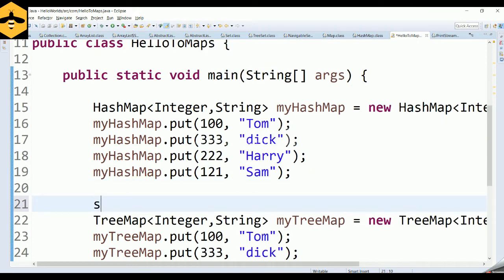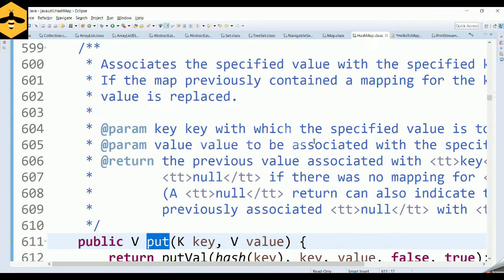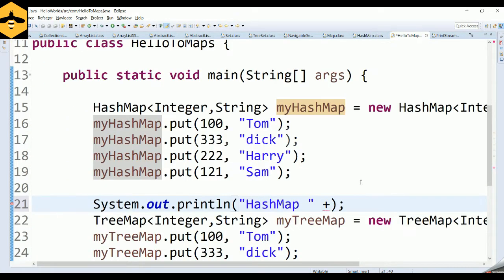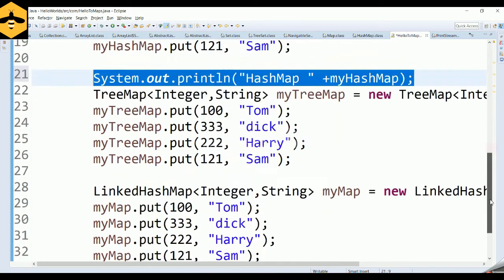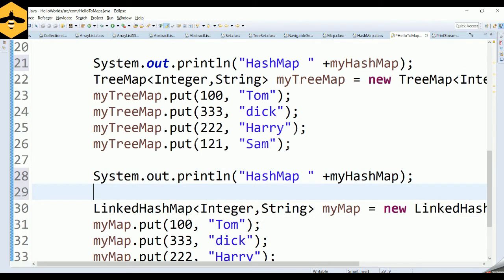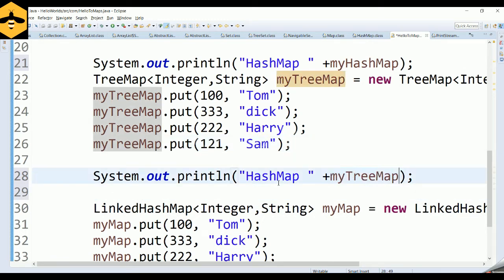First I'm going to print the hash map, so my hash map. Then I'm going to print my tree map, so replace it with tree map.